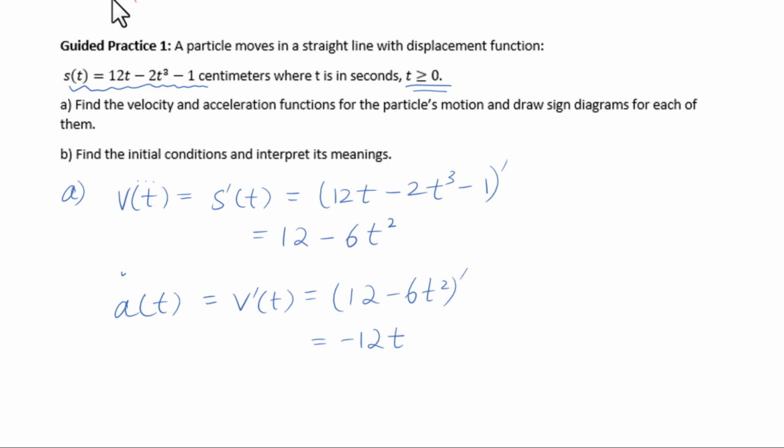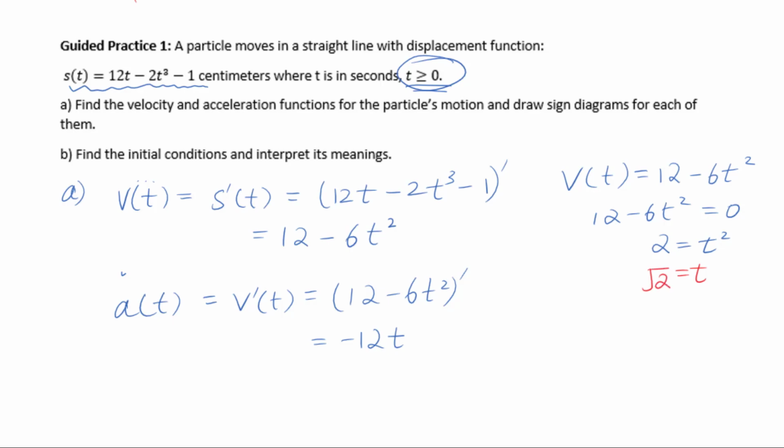For the sign diagram, velocity equals 12 minus 6t squared. We need to figure out where it is 0. 12 minus 6t squared equals 0, so t squared equals 2. Since t is greater than or equal to 0, we know t equals square root of 2. Then for the sign diagram, velocity